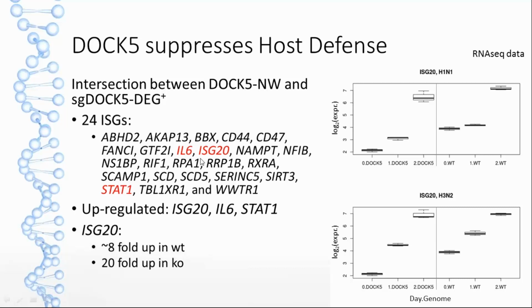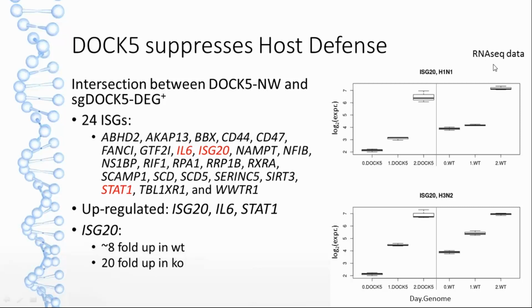So they have a larger expression in the wild type than in the DOC5 knockout, and this is just one example of this ISG20, which is actually upregulated, because the suppression can be, of course, when they are downregulated, less downregulation and more downregulation. But ISG20, interleukin 6 and STAT1, they're all upregulated, and you see here